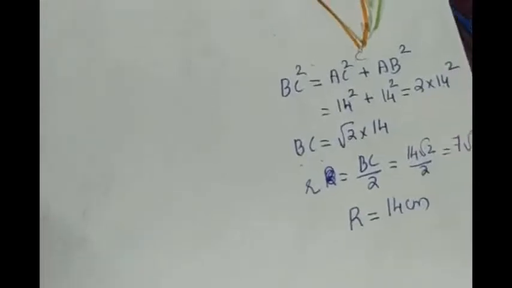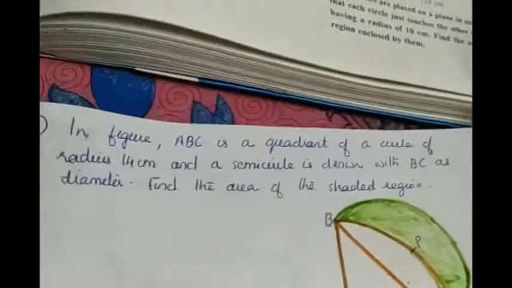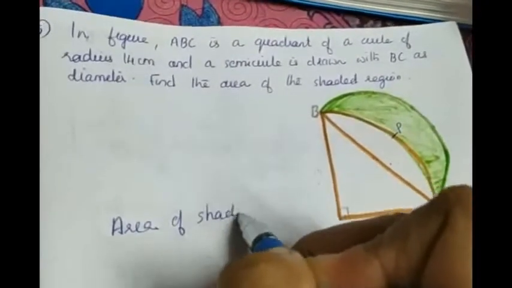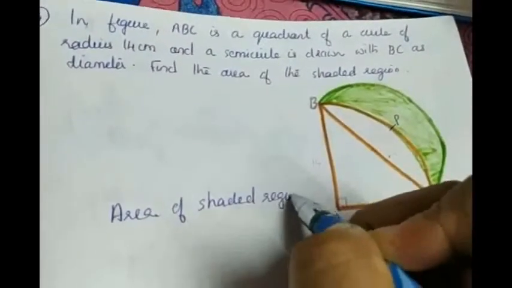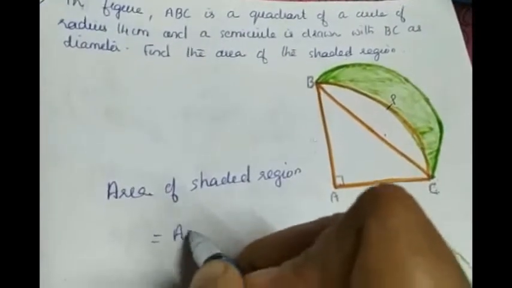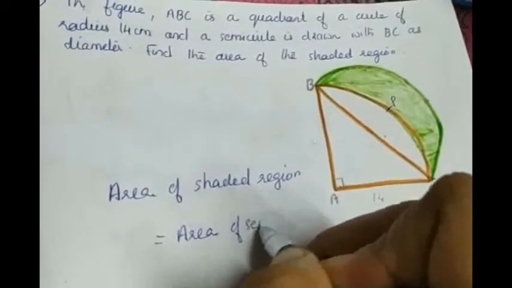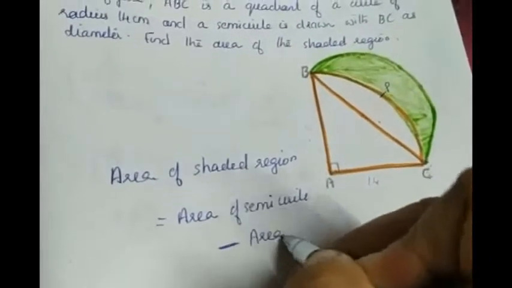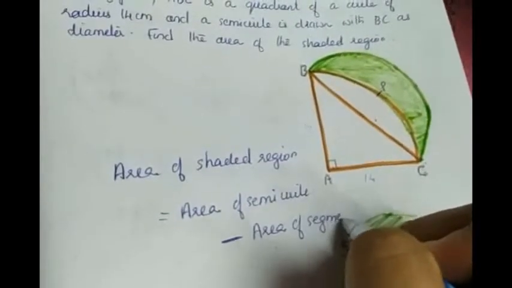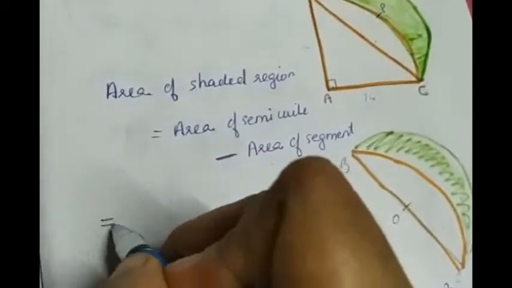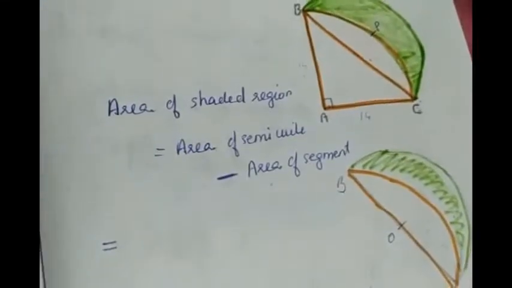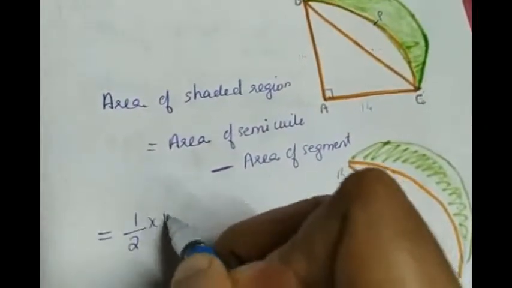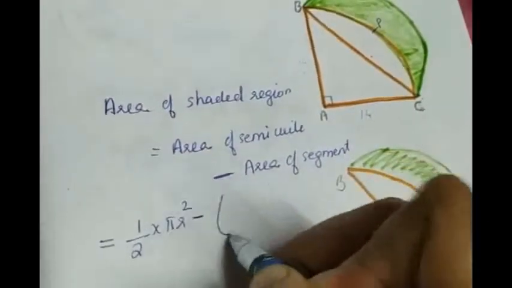centimeter. Okay. So what we have to do is, area of the shaded region will be equal to area of semicircle minus area of segment. So look, area of semicircle, what's the formula? Area of full circle is pi r square. So area of semicircle is half into pi r square, minus, what about the formula to find area of the